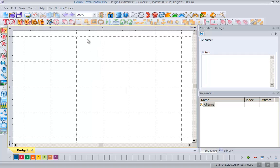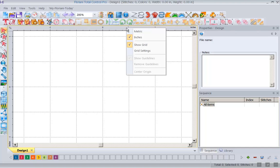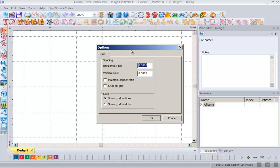The next thing I want to do is change my grid system, and I want to put it in 1-inch increments for today. So again, I'm going to right mouse click on my ruler bar, and I'm going to go to the words Grid Settings, and I'm going to make sure I change this now to